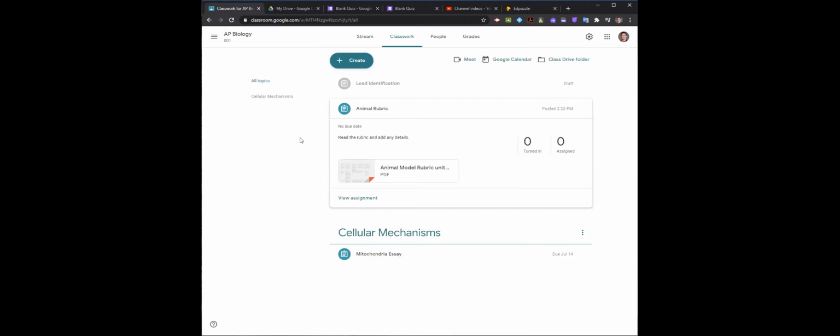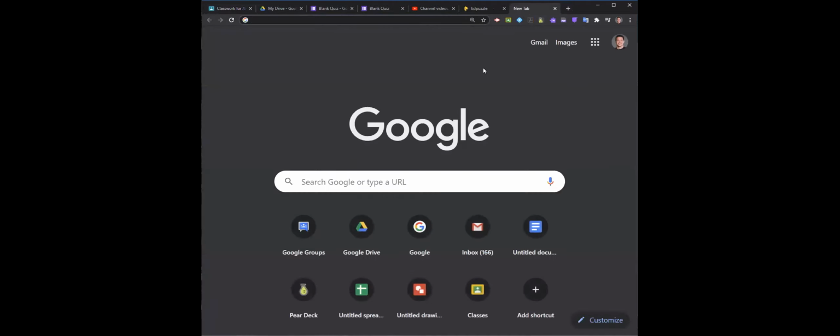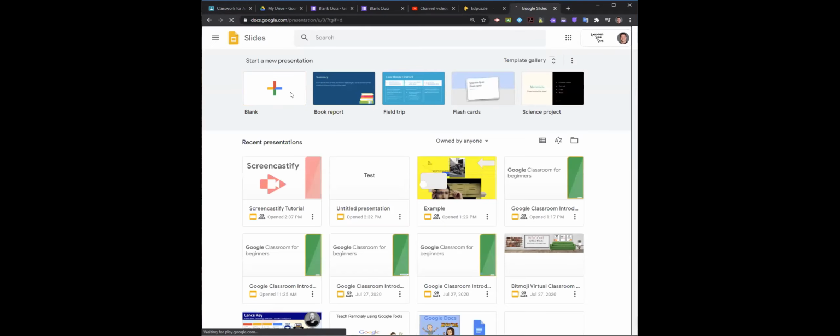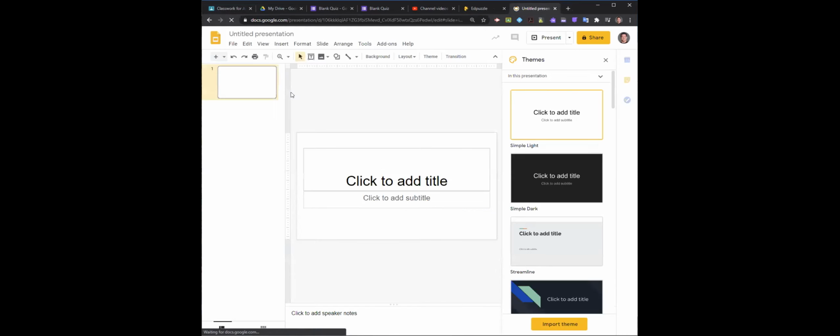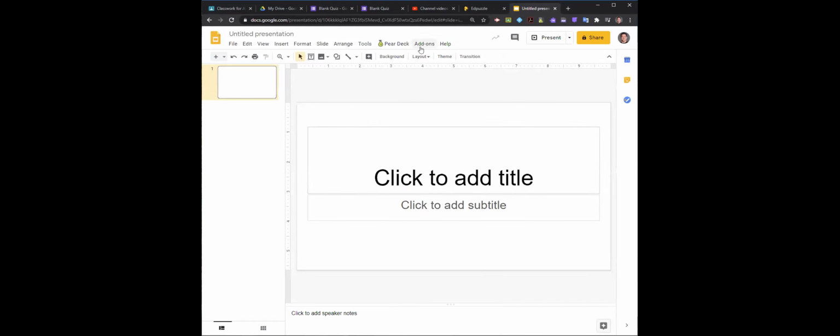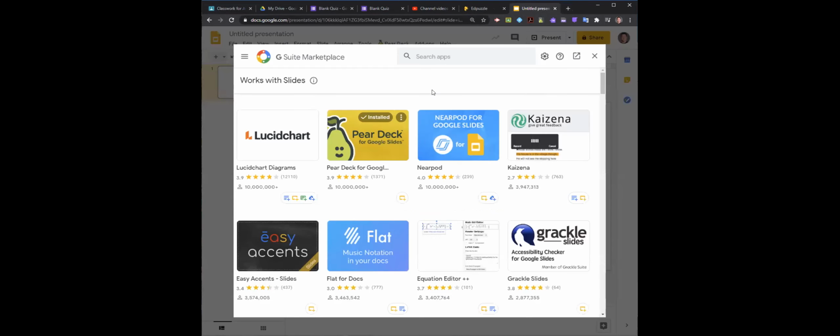But also in Google Slides, I will show you two things that I forgot to show you with the time that we have left. If you want to make your slides interactive, there are these add-ons, and you can add Nearpod and Pear Deck. They make your slideshows interactive so people can answer questions and do things in your slideshows. So yes,